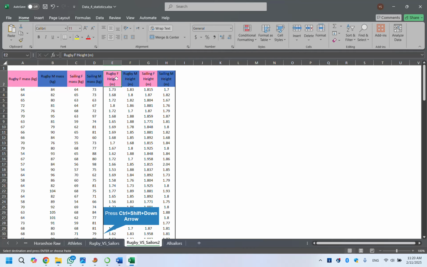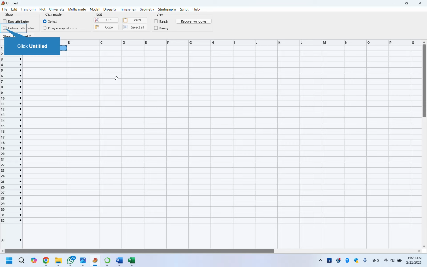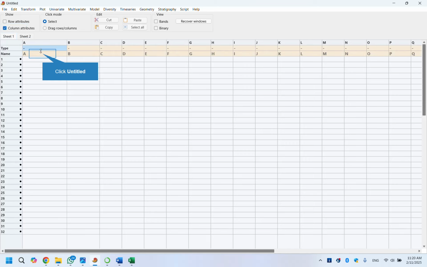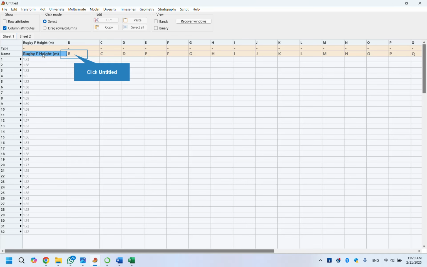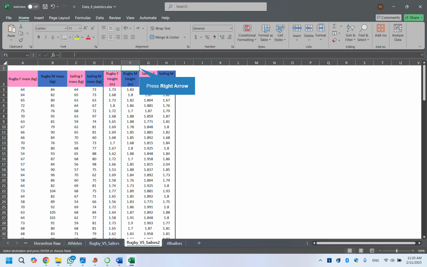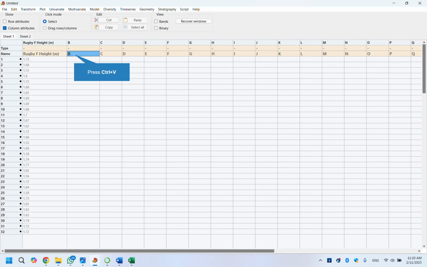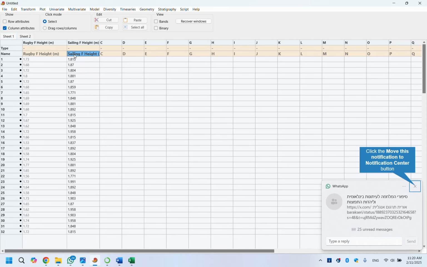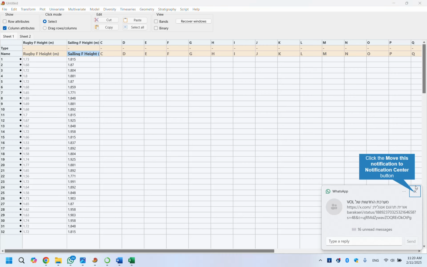And first, let's have a look at how we transfer the data to PAST. The easiest way is to select this column. We have the column header, so I will paste from the column name and go to the female sailors and do the same thing. Now the data is in PAST, and again I remind you that our question is